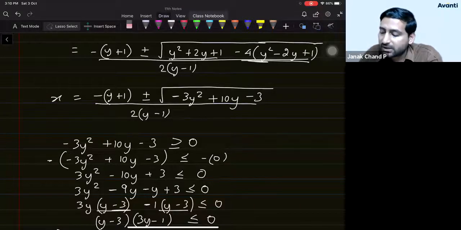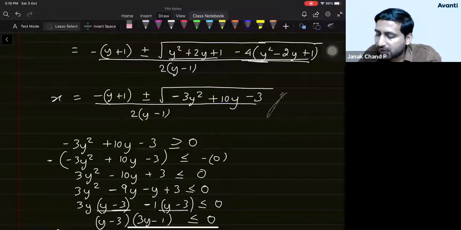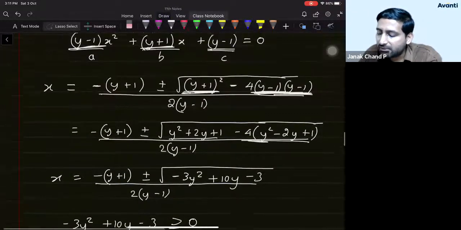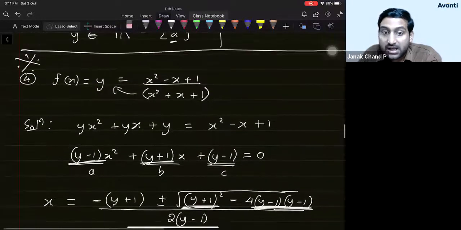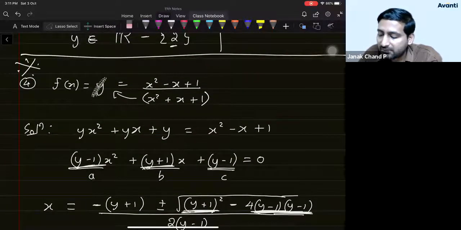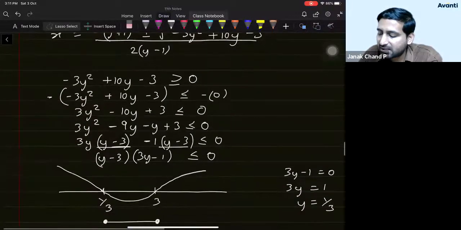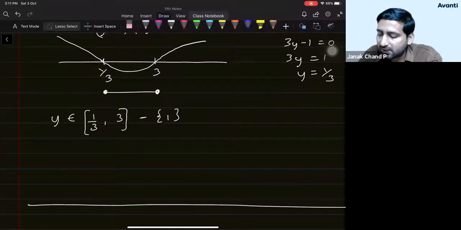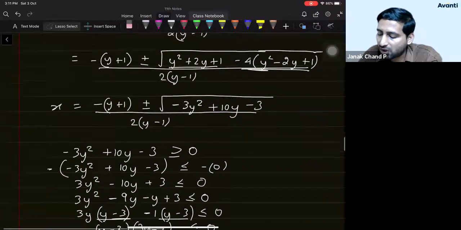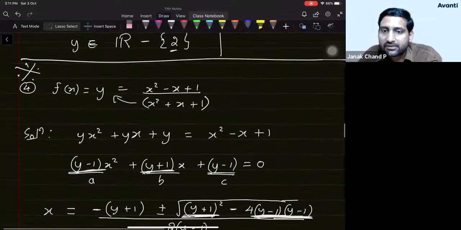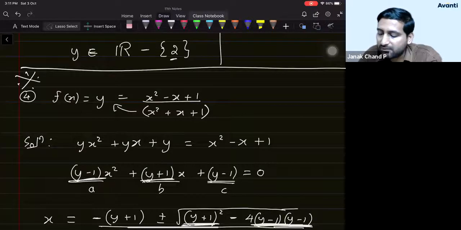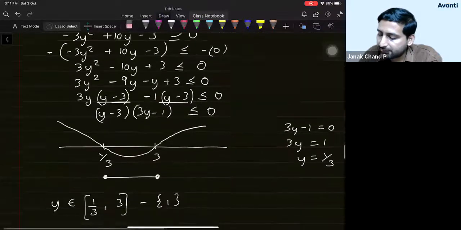Now, once again, student, whatever we have got here was not the actual question. We got this while we were simplifying the question. In the actual question, y minus 1 in the denominator is not at all there. So whatever exceptions we are getting here, whether this exception or the exception of the endpoints, you should compulsorily check whether it is okay with the question. We are subtracting y is equal to 1. Let us see what happens if I put y is equal to 1 here.